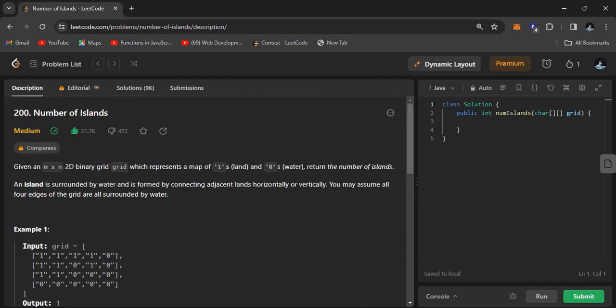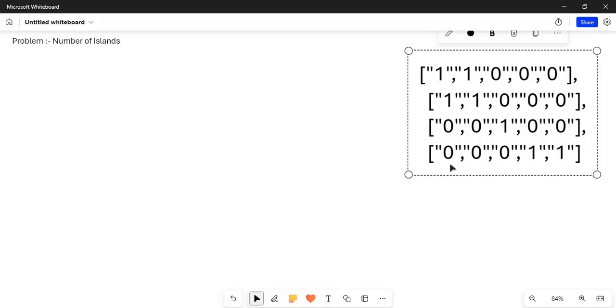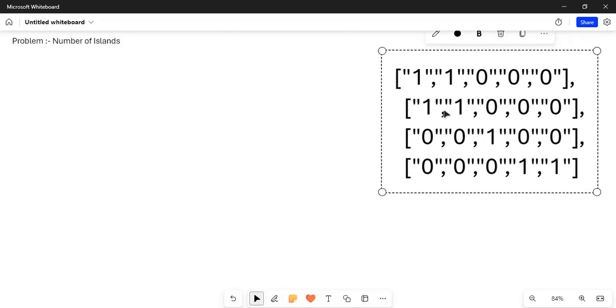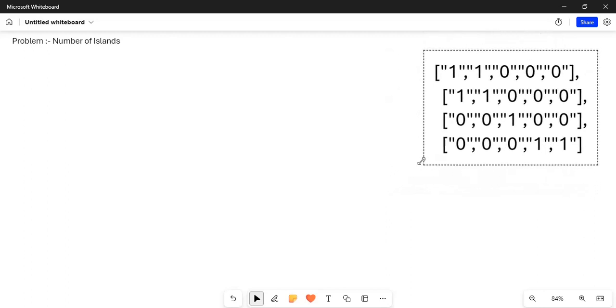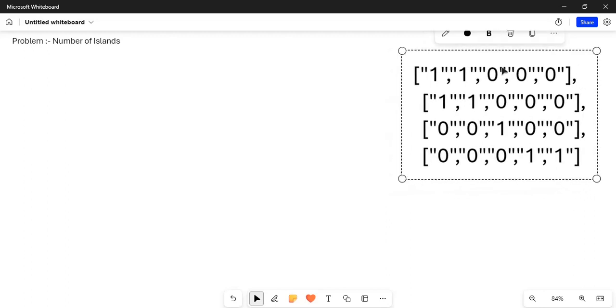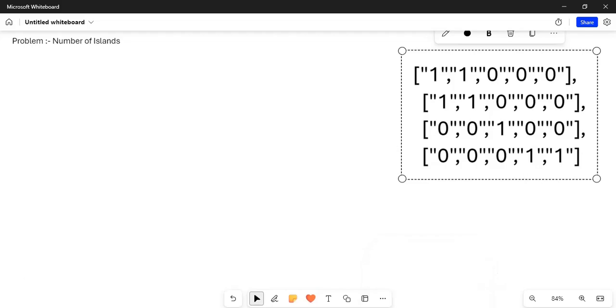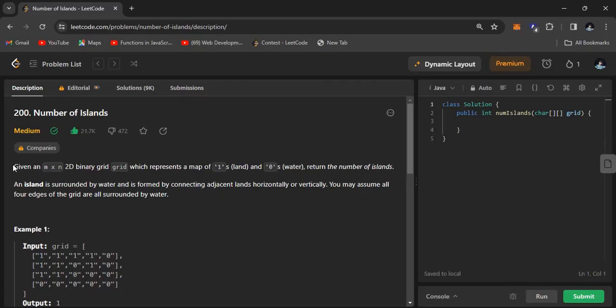Let's understand what an island is. This is the grid of 0s and 1s. Here, in this question, island means